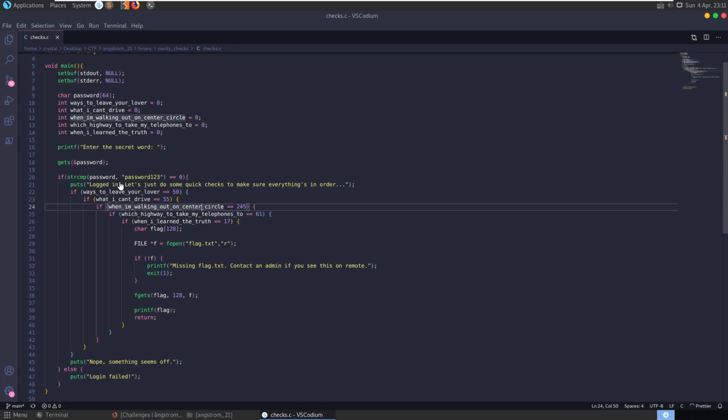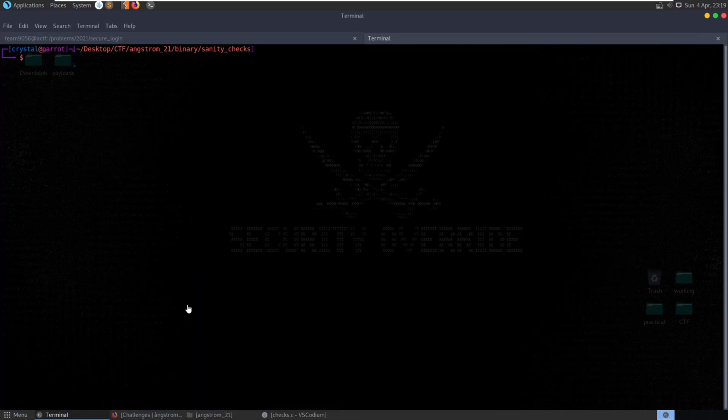So we can play around with the offset and find that if we enter in our password and then enough bytes to overwrite this 64-byte buffer, we'll start to actually eat into these variables which are on the stack, and we can overwrite those with the values that we need. So let's open up